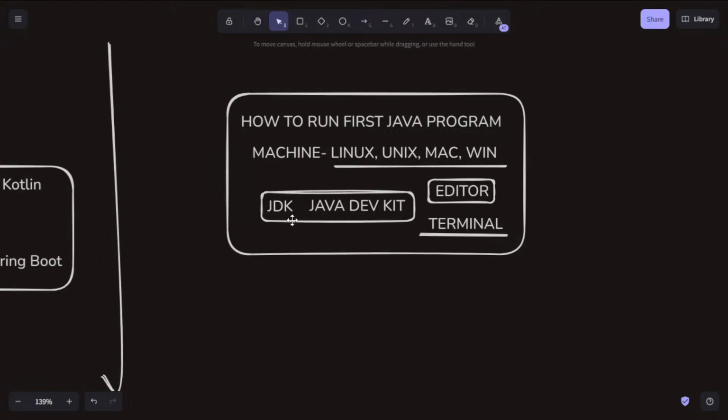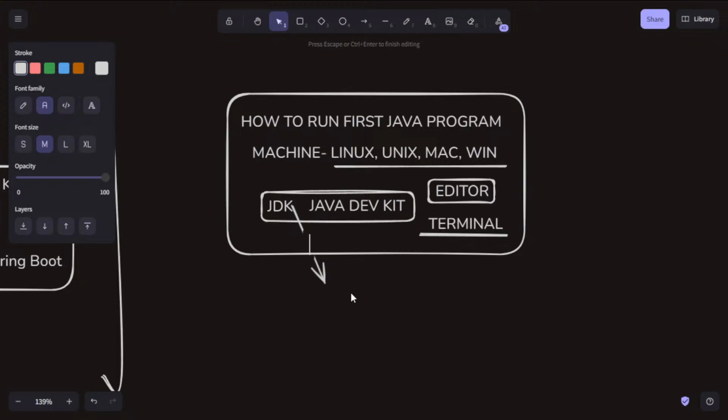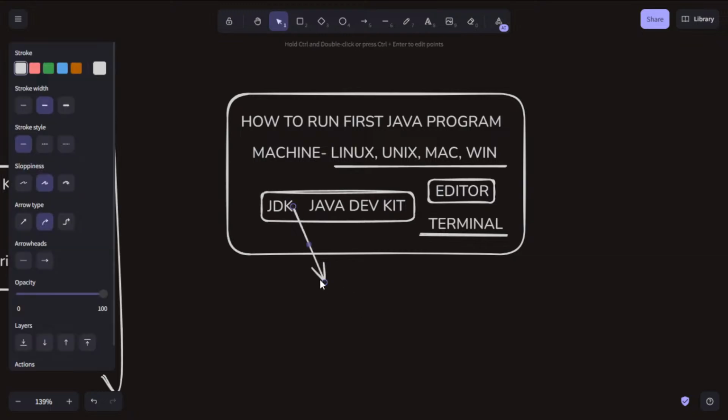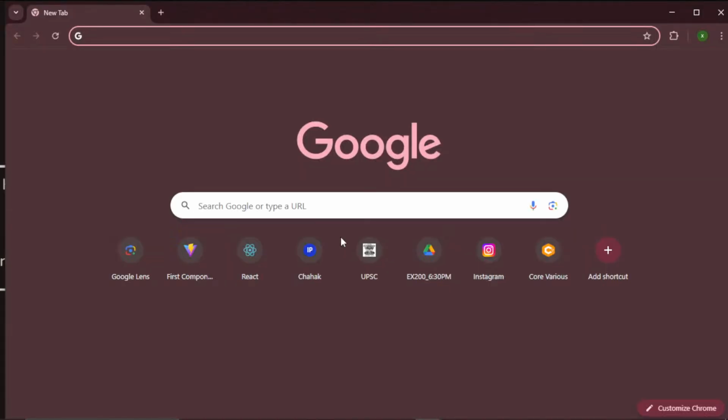To install the JDK, you are required to visit the Oracle website, and search for the JDK download. Let me show you.